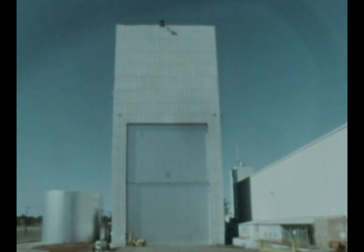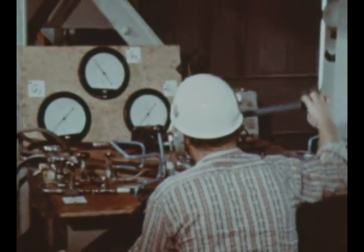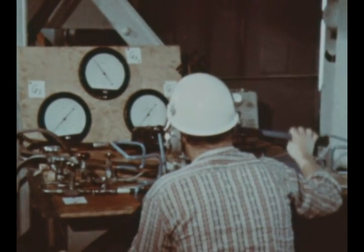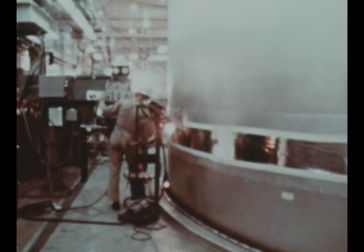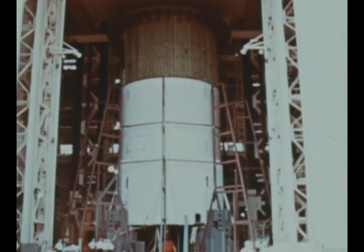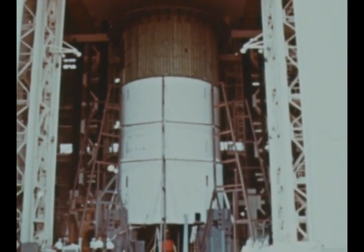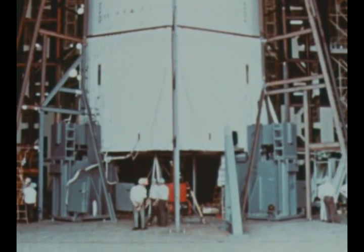Assembly of the second flight stage, S1C2, also moved forward at Marshall. Hydrostatic testing of the fuel tank was completed in mid-August. In addition, the skin assemblies were welded to both the upper and lower LOX tank bulkheads, and thrust structure assembly was continued at MSFC. In Marshall's load test tower, the intertank for the S1CS structural test stage was installed atop